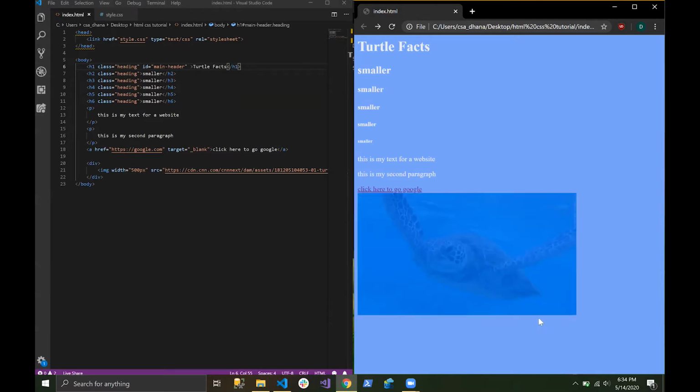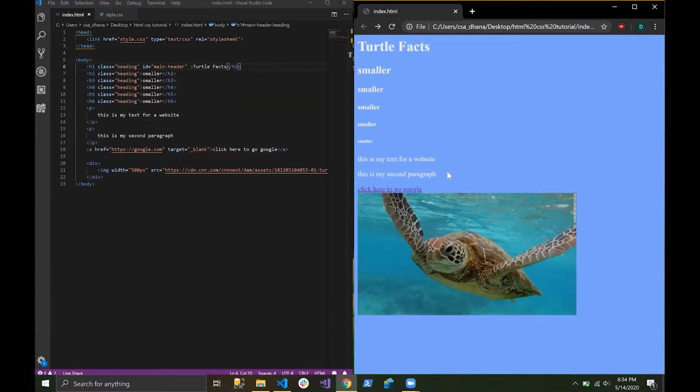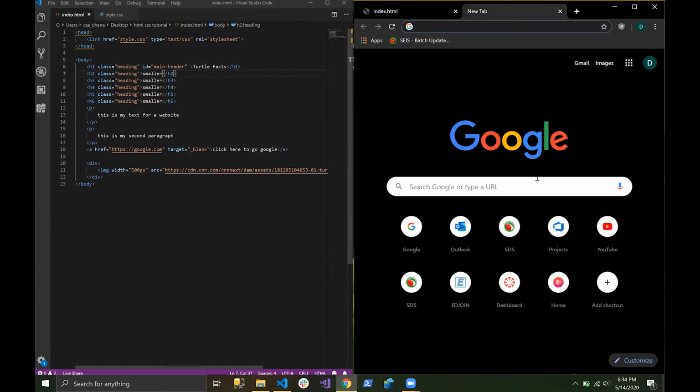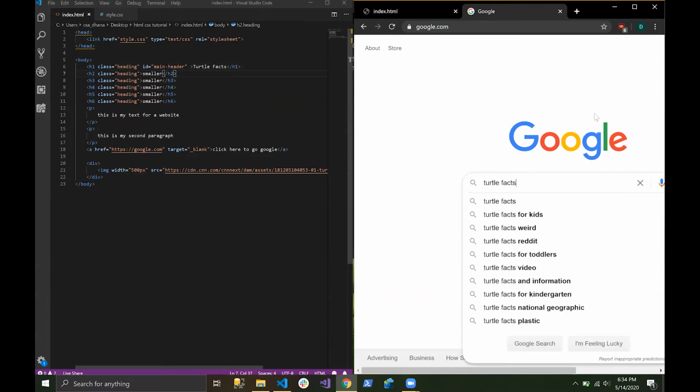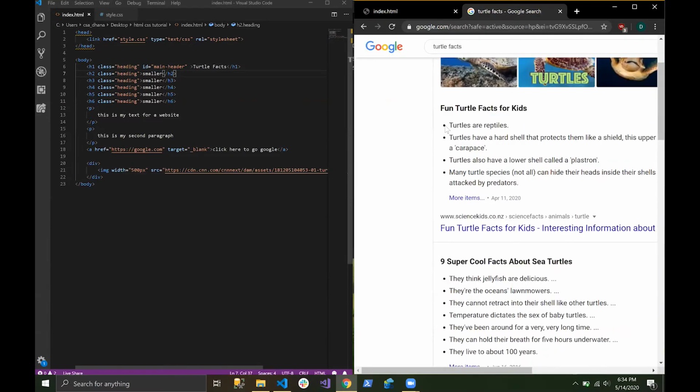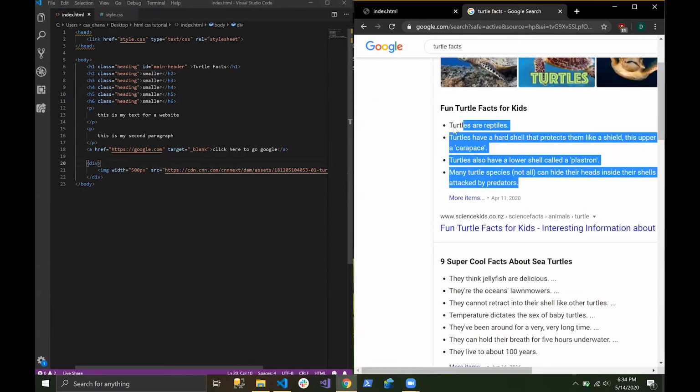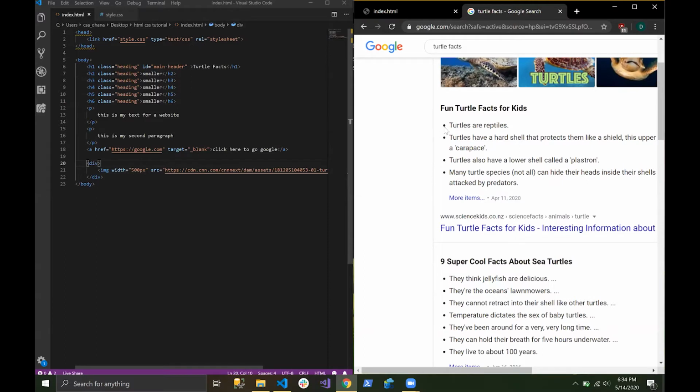And I want to put some text next to this turtle right here. You know, just describing facts about turtles, to follow my main header right here, because I want my website to be in line with this header so that people know what my website's about. So I'm going to go on Google. I'm going to look up turtle facts. Look at that, turtles are reptiles. So I want all these facts and I want them to still have this little bullet right here. So what I can do is